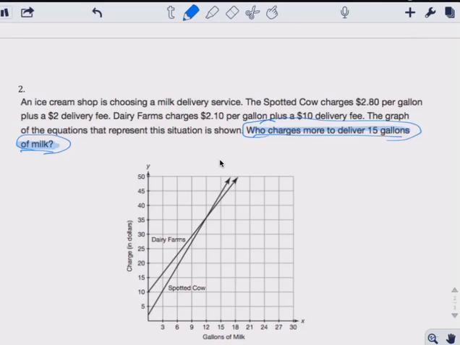Yes. Right on the table, who charged more? Oh. The question asks, who charged more to deliver 15 gallons of milk? Why? Samantha,